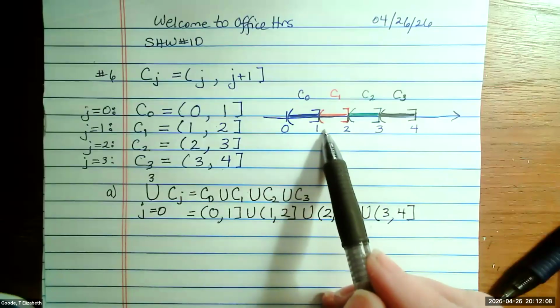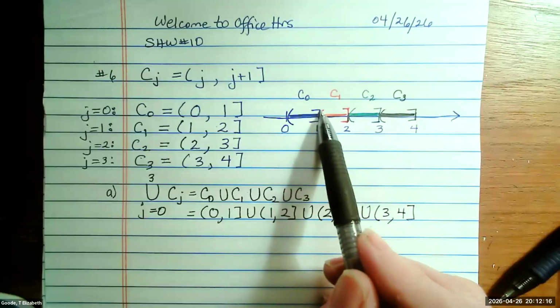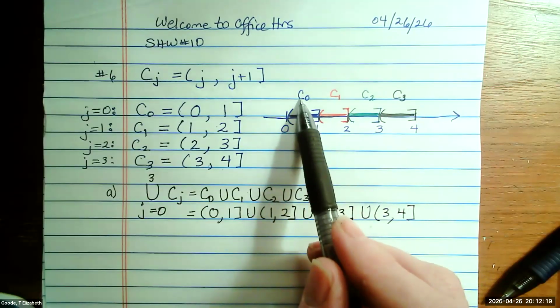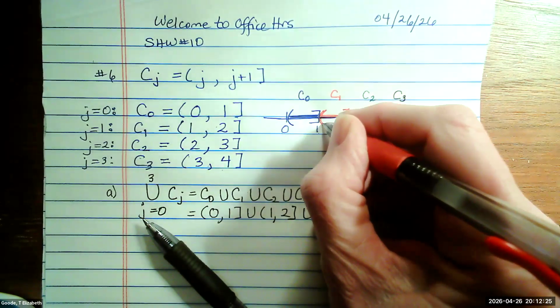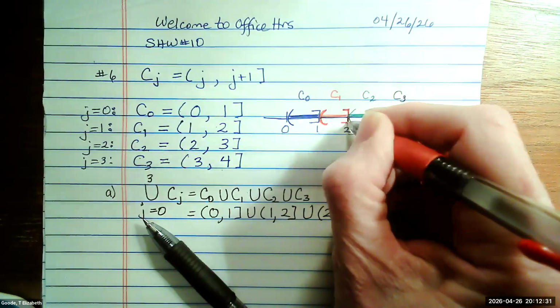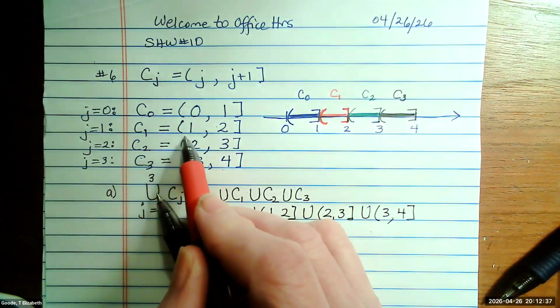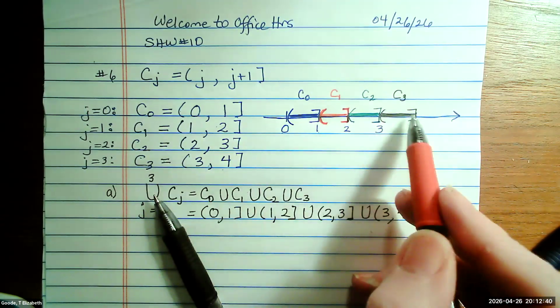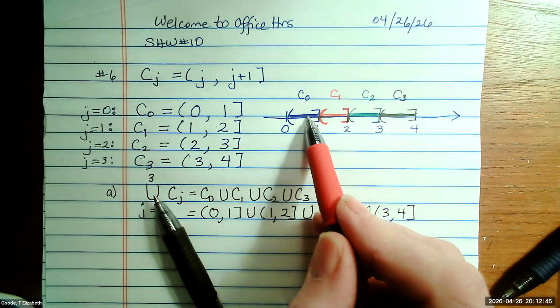C0 and C1. Do they overlap at 1? Oh wait, no, they don't, because of the hard bracket at the end. The hard bracket means the 1 is in C0, but the soft bracket means the 1 is not in C1. So the only place they could have an element in common would be at 1, but 1 is not an element of C1 because C1 does not include 1. So these don't share any elements in common,